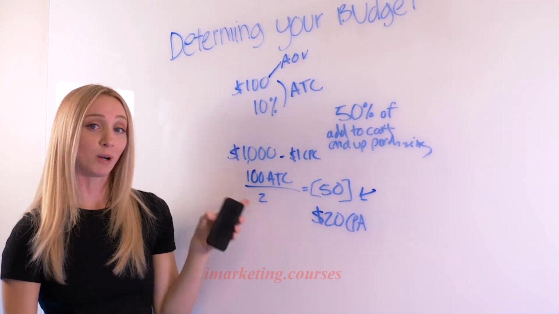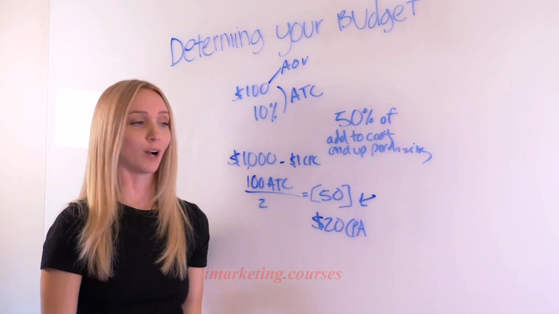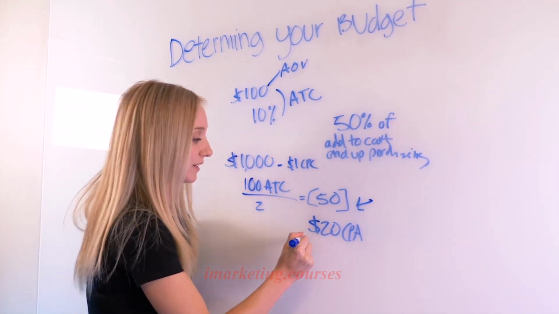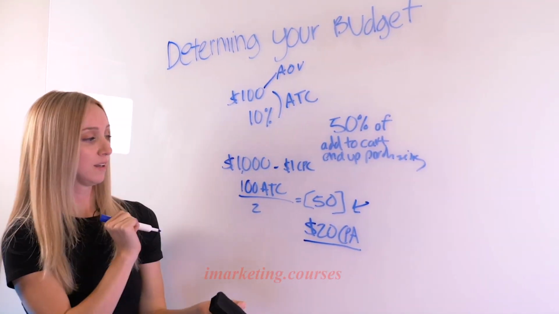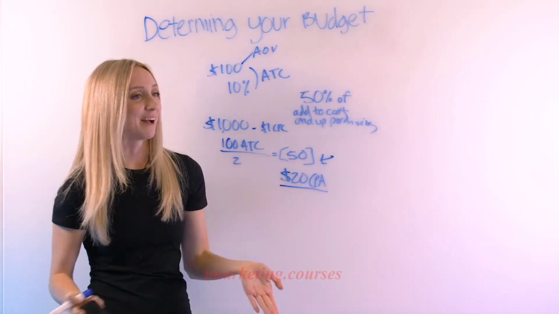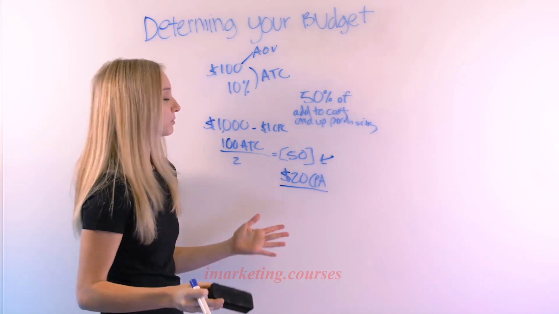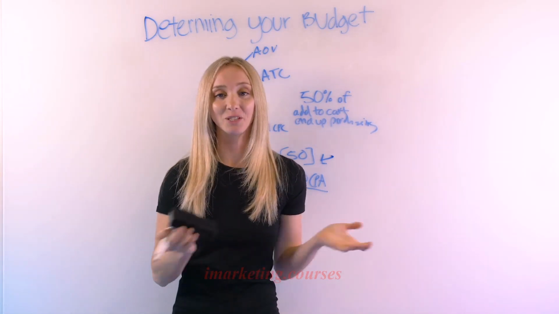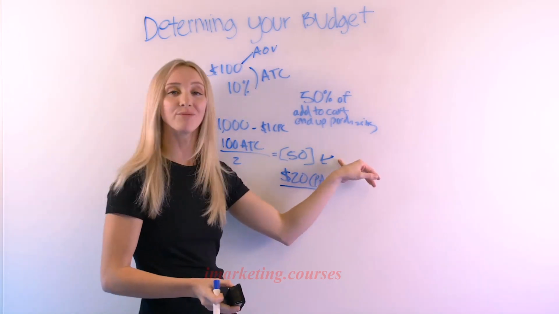You need 50 purchases or conversions a week, whatever you're optimizing to, in order to season the pixel. And ultimately, that would bring us to a $20 cost per acquisition. So I know it's a lot of math, and this might be something that you may have to review a couple of times and practice your own equations in order to ultimately see how this works out for your business,